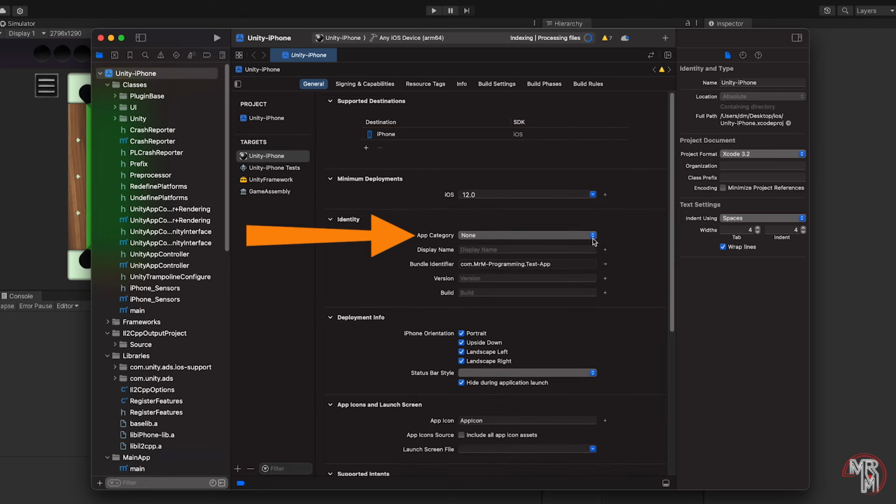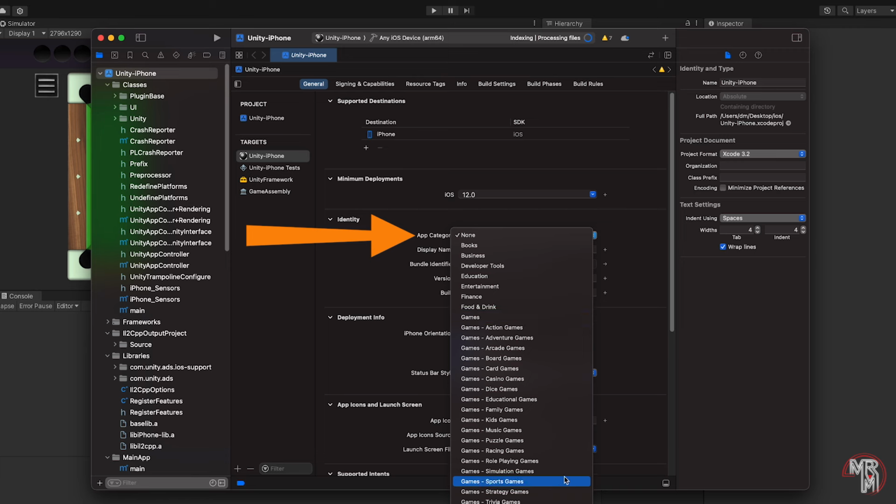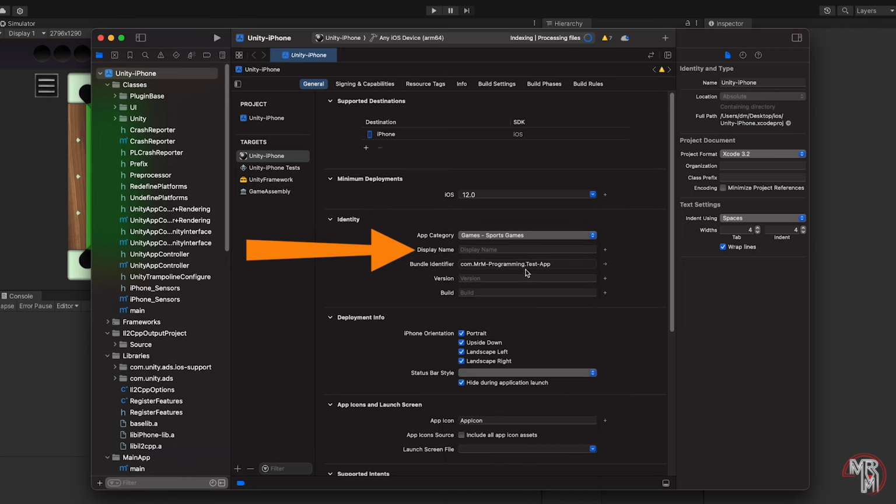Here we can set the app category, set the app name, version, and build number. Now what's important to note here is that you can upload multiple builds with the same version, as long as the build number is unique. So you can start at 1, and if later you need to rebuild your app but you don't want to change the version, you can simply increment the build number. There's more stuff on this page that you might be interested in, and when you're done, let's switch to the